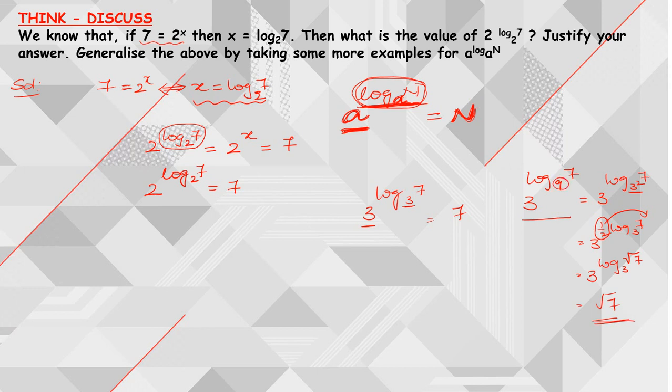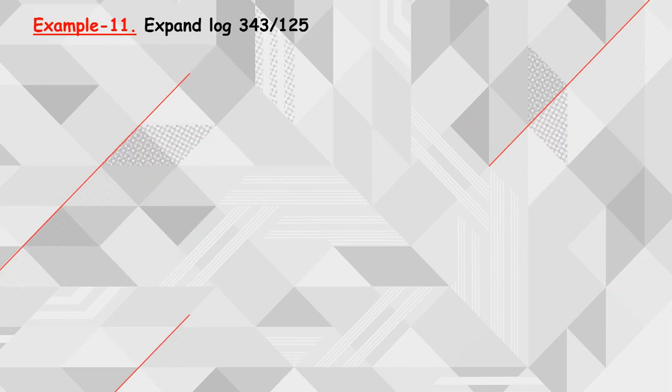So here we need to make the bases equal. In that process, some changes will occur, and based on that we are going to get the answer. Now from this we can clearly say this as a formula: whenever you have a power log n to the base a, then its answer is simply n. So this is nothing but one more formula of logarithms, right?